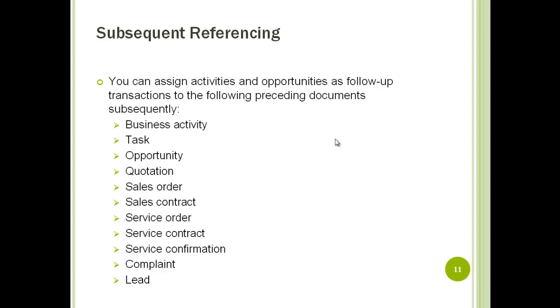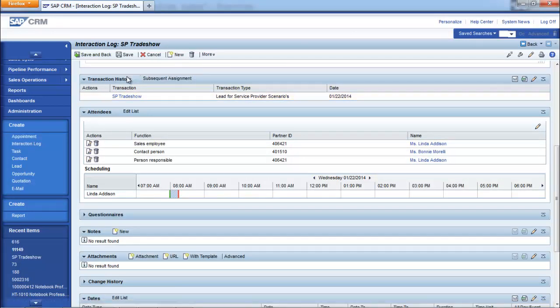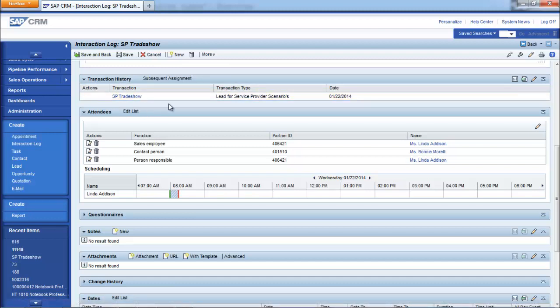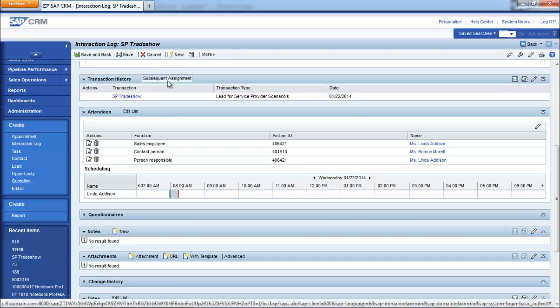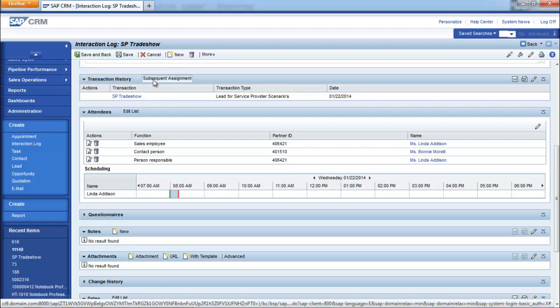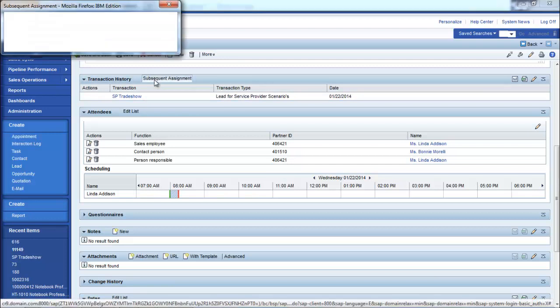Now let's see in the web UI how this functionality works. So here you have an interaction log, which you have already linked to a lead. Now suppose you want it to lead to some other transaction type. What you can do is click on subsequent assignment, which is present in the same assignment block as that of transaction history, and you will be presented with a pop-up